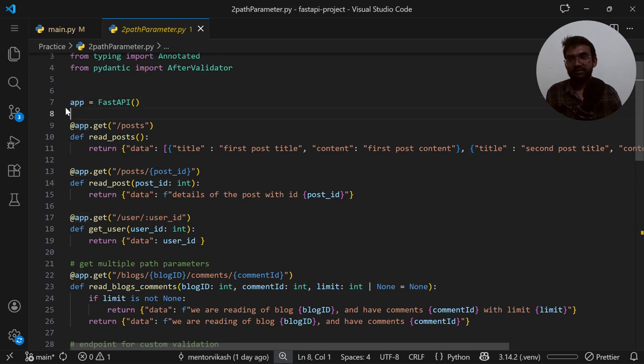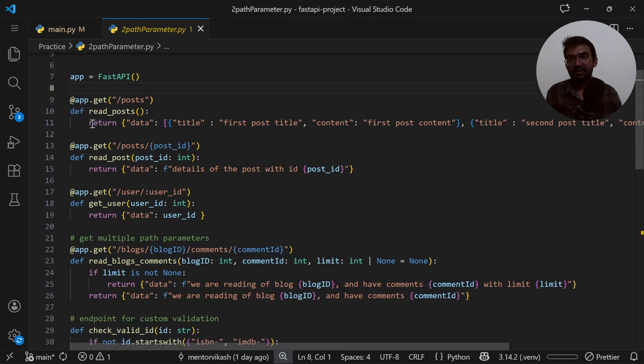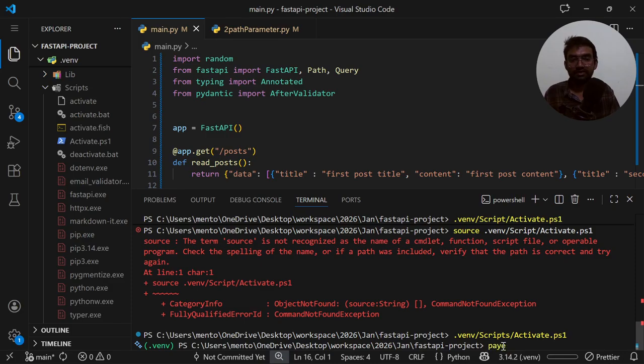So this app is just a variable. We are saving the instance of FastAPI within this app, and we are going to use this app to create different endpoints. And now we can simply run our server. To run that server, I need to use